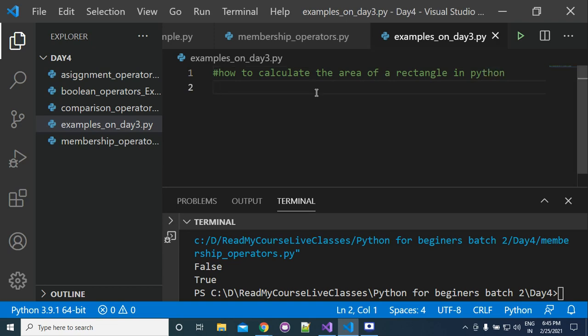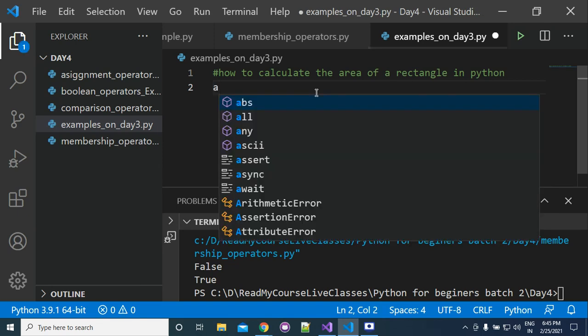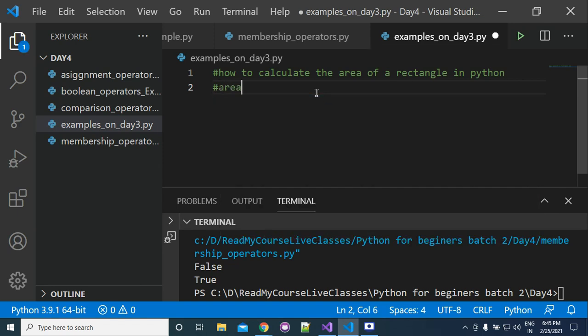If you want to calculate the area of a rectangle, first we should know the formula. The formula of area is A star B, or you can write length star width. All of you know, I think, the formula of area. So first you should have the length and width values. We want to get this length and width from the user.